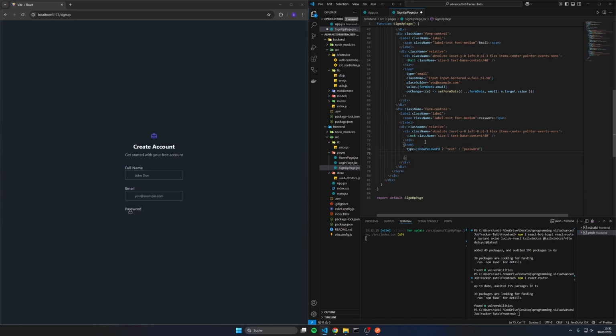The text is basically the plain text, and the password are these dots which are normally for the password field. And then the class name, also in curly brackets, is input-bordered w-full, so the width is the full width, and pl-10. So now you can see there's our input field,